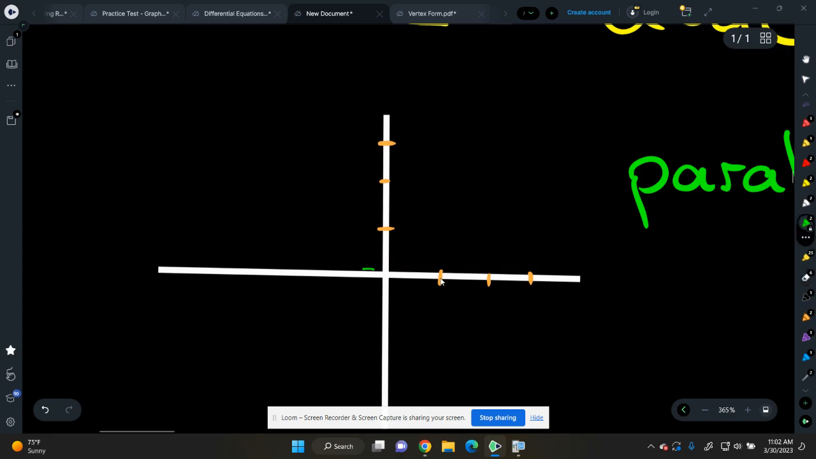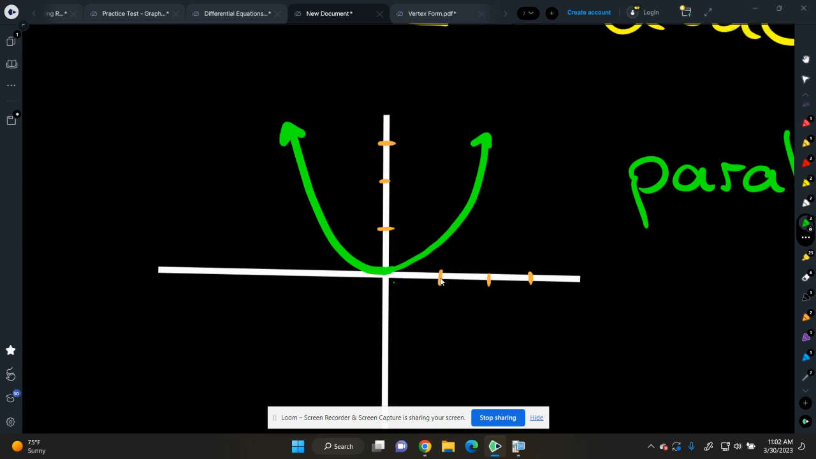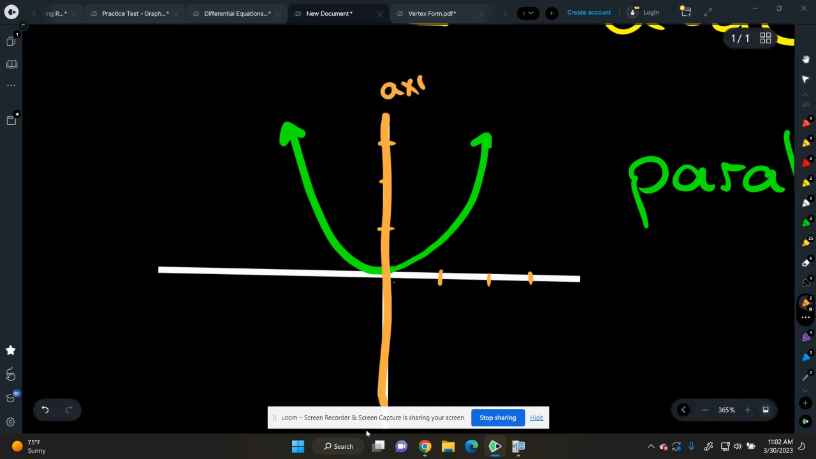We get that shape that looks like this. Whoops, that's a really bad one. It's very hard to draw them on here, by the way. Sorry. Let's try again. That's better. We've got that U shape. Now here's some key parts of the parabola that we must know. The first part is this line here, which is not actually part of the graph. This is what we call the axis of symmetry,